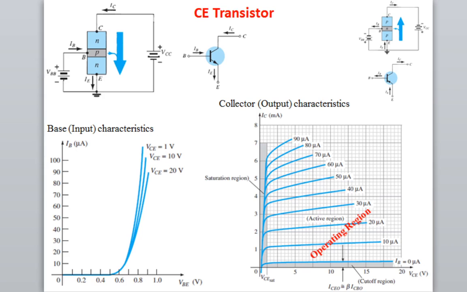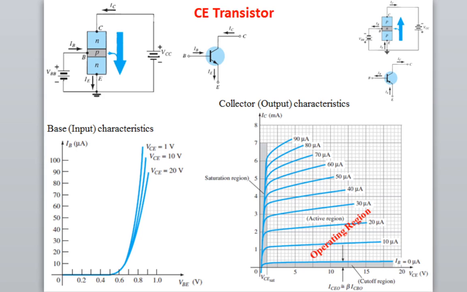You require 4 terminals and you have only 3 terminals. It means in order to use transistor as an amplifier, you have to use 1 terminal as common between input and output. If you are using base as common, that gives the common base configuration. If you are using emitter as common between input and output, that gives common emitter transistor configuration. And if you are using collector as common, then that gives common collector transistor configuration.